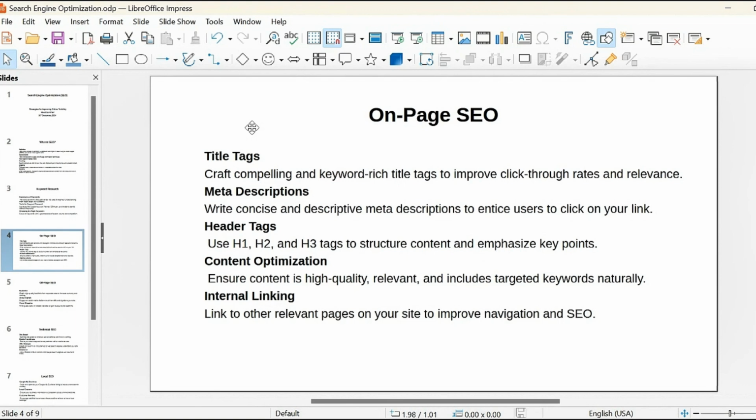Just so when you're writing up your content, make sure the keywords are not missed out. Then internal linking: link to other relevant pages of your site to improve navigation and SEO. So internal linking is like when you're writing on a page and you're writing a small article, and then you